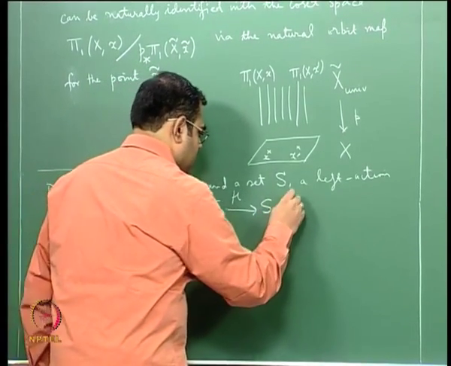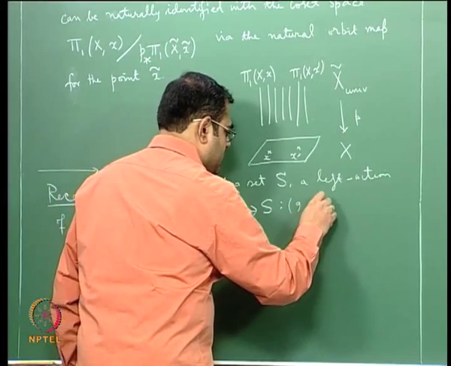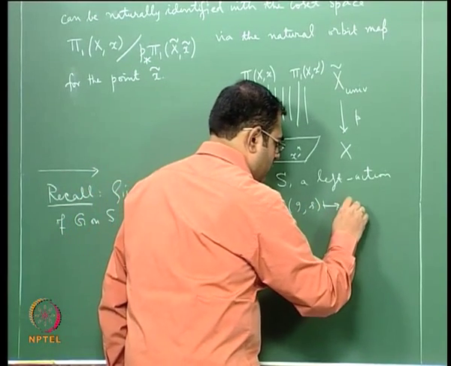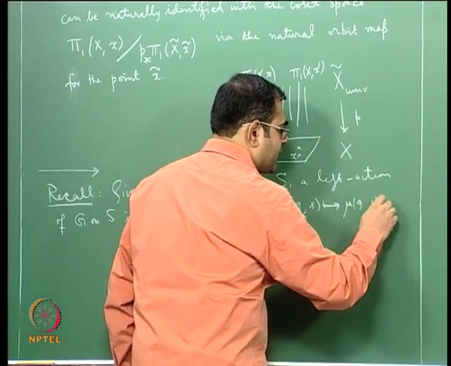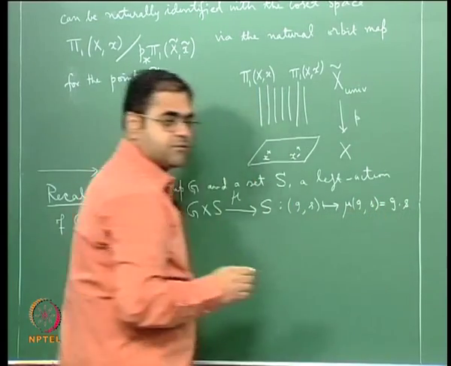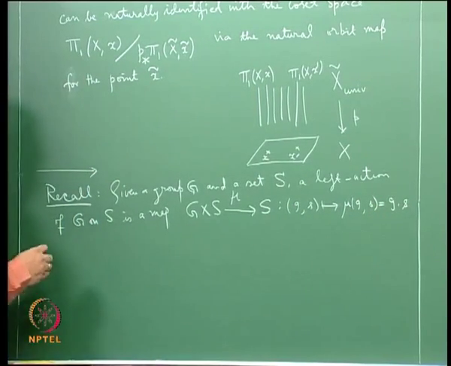It is written as small g comma small s going to mu of g comma s, which is usually written as g dot s, that is a notation, such that